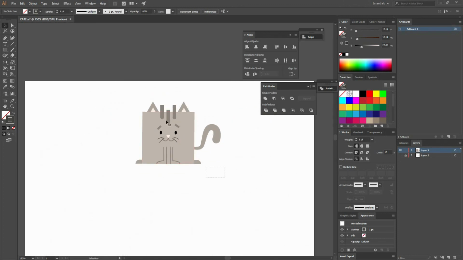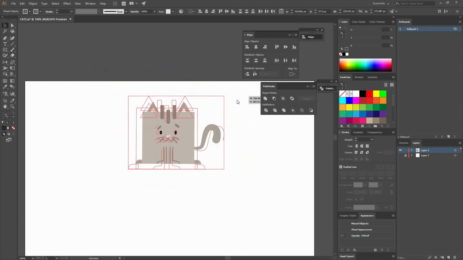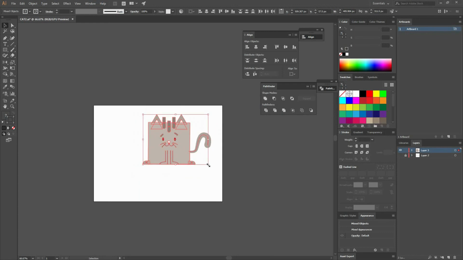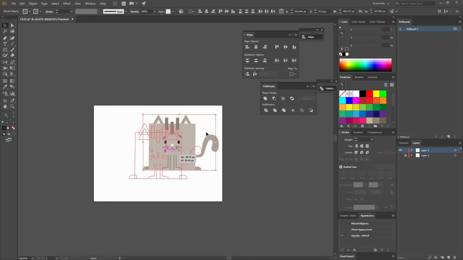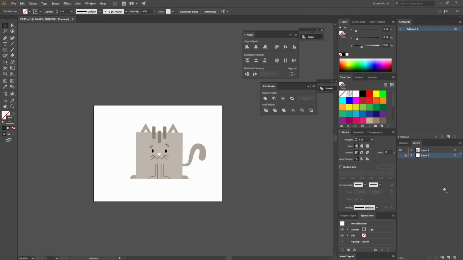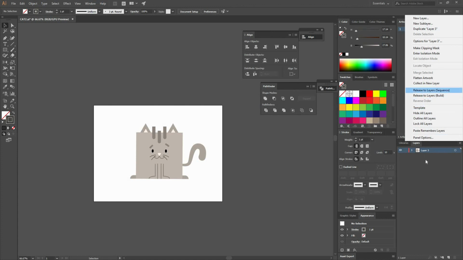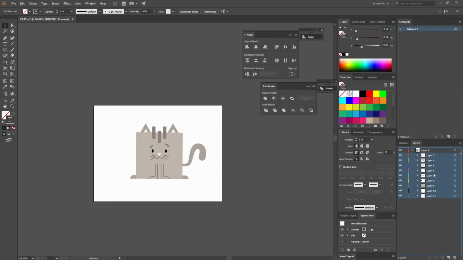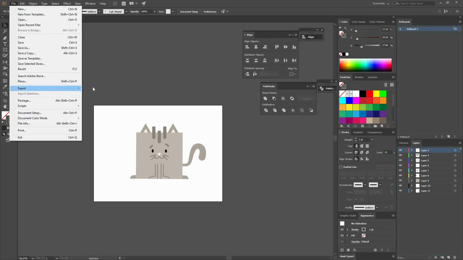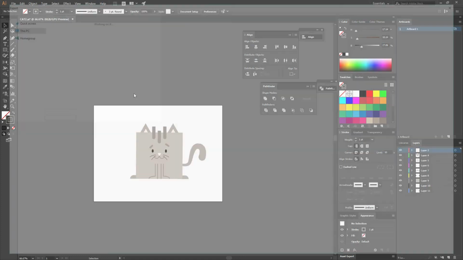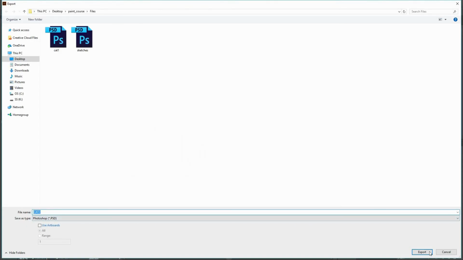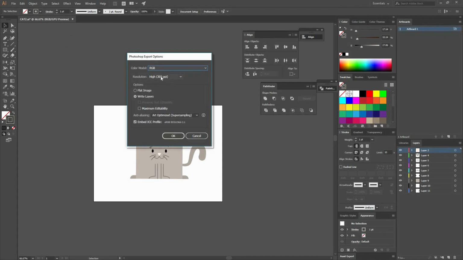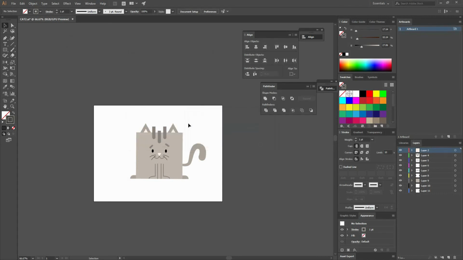With this I think I have the colors, and you can see how those rectangles on the top are at the moment outside my shape, and that is on purpose, so you're going to see why in the next lesson. So I'm just simply scaling it up a little bit and moving it around. I'm going to delete the sketch layer, again go to this little icon on the layers and sequence them. Remove the layer that is empty now, and again go to File, Export As, and save it as a PDF. This one I'm going to name Cat2. And with this we are ready to go back to Photoshop and paint them.